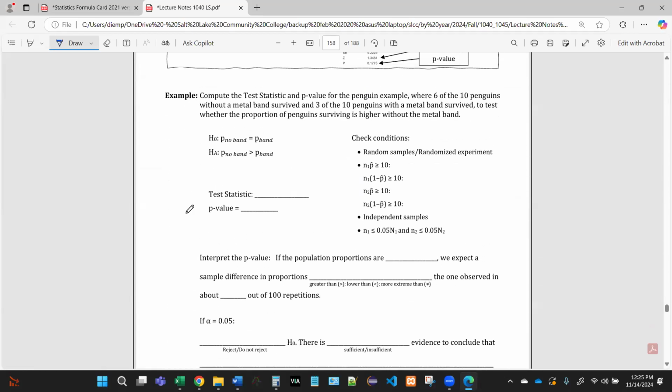Okay, so let's return to our penguin data and think about how the hypothesis test would look. There's a lot here that's the same as before. We have the same two competing hypotheses. We have the null, the skeptic's boring hypothesis of no difference. So it's the hypothesis of equality, right, the equal sign. And then we have the alternative hypothesis, which is the hypothesis of some difference.